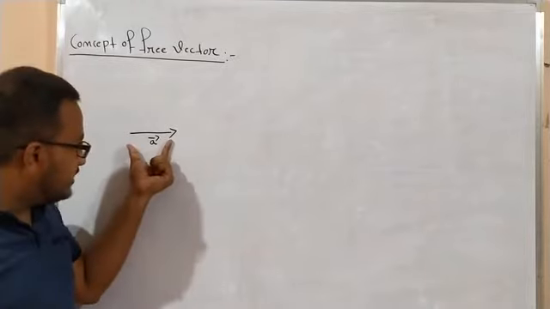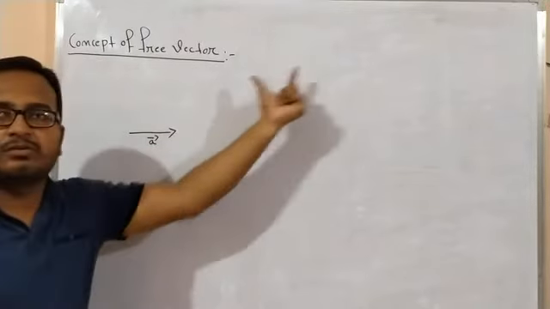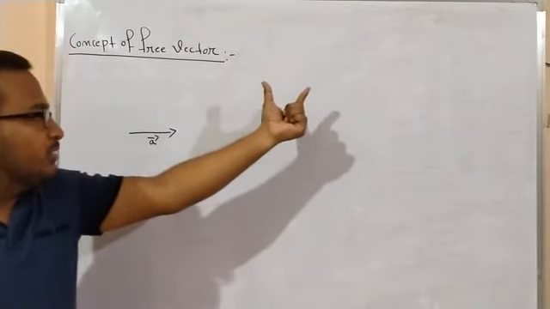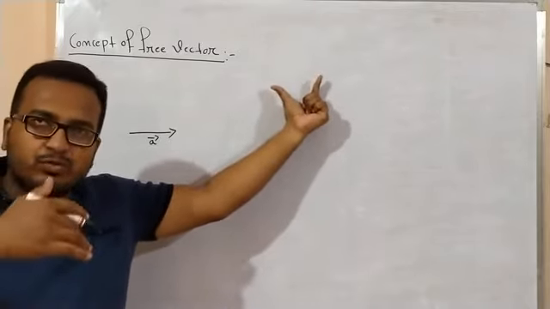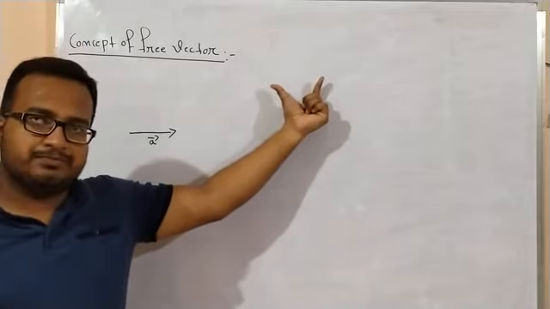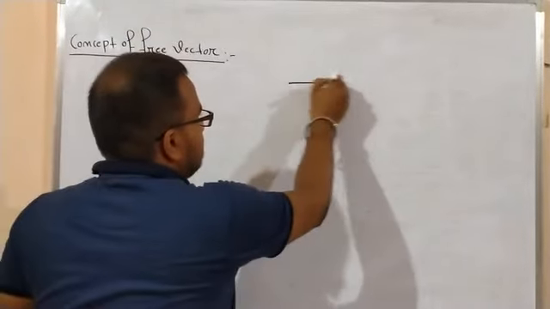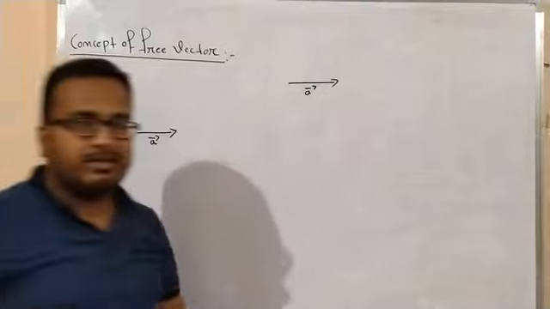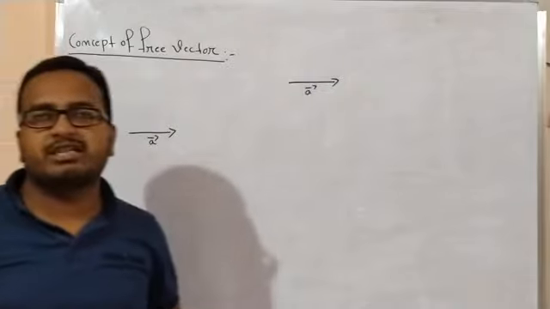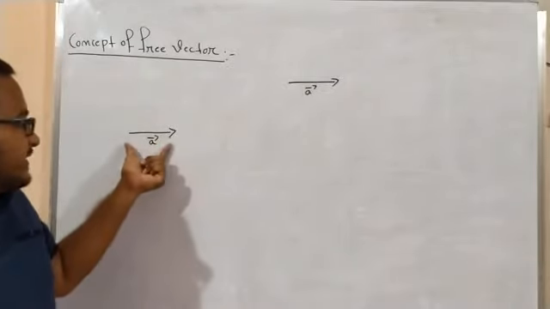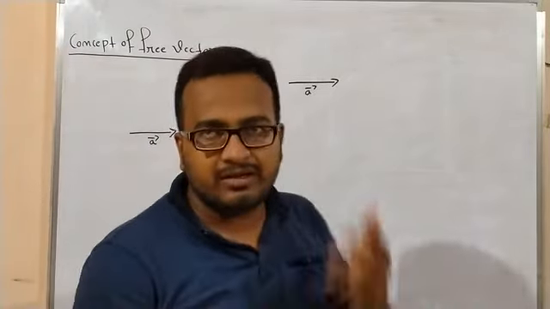This vector you can take from this position to any position, but remember, without changing magnitude and direction you can displace one vector parallelly, right? So take it like this, here, and this is the A vector, right? But keep in mind you cannot change its direction, you cannot change its magnitude either. The same vector can be displaced from one position to another position parallelly without changing magnitude and direction.